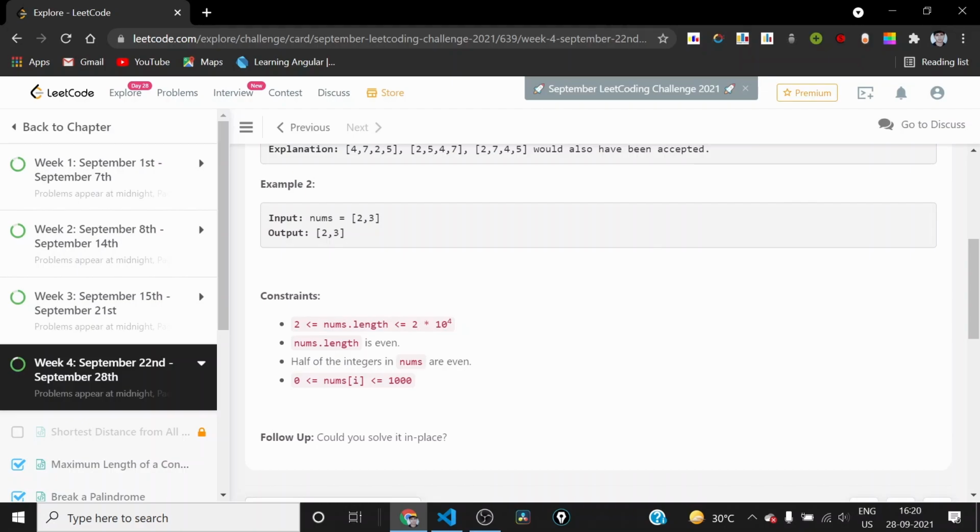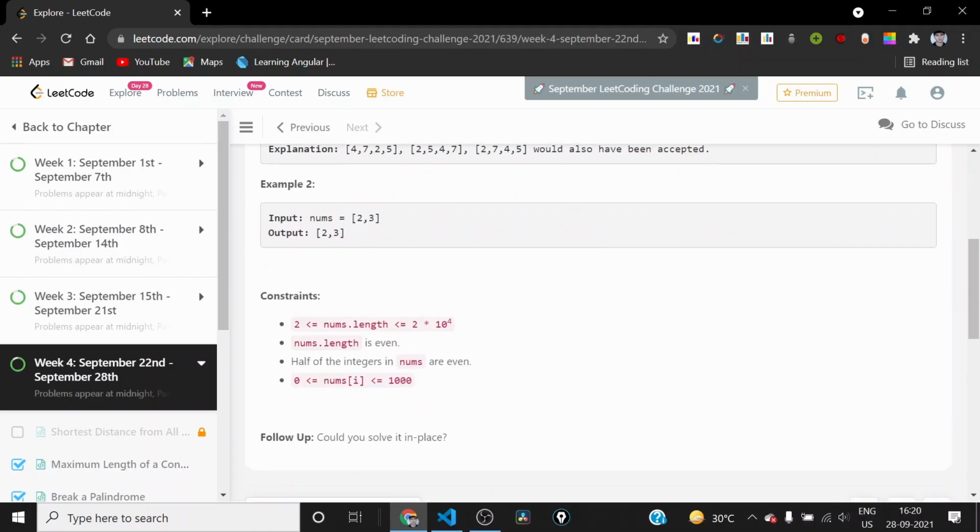Each value present inside nums is less than or equal to 1000. And in the follow-up it has been asked whether we can solve it in place. So obviously we will try to solve it in place in the first attempt also.